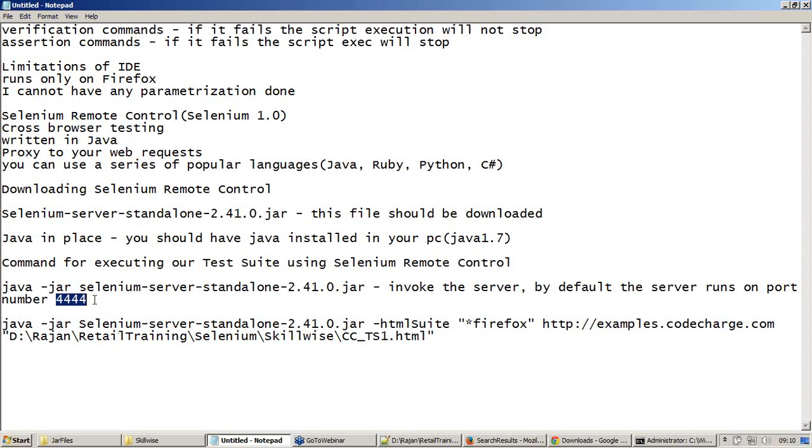You should know about port numbers, because there may be a firewall which is running on your system, or by default your administrator would have blocked it. So there are some practical implications when you try to run a server. Let us discuss this when we get free time.